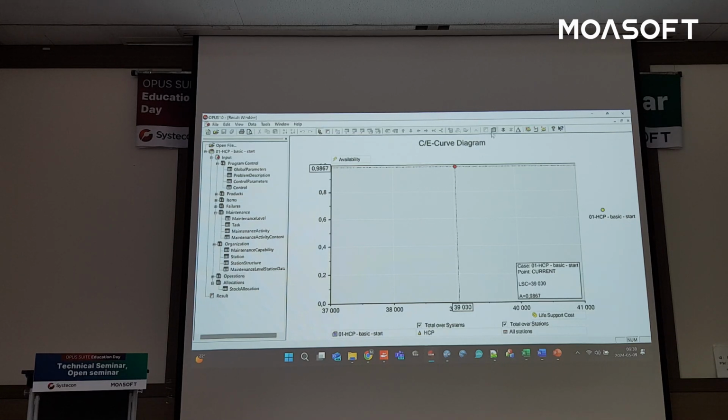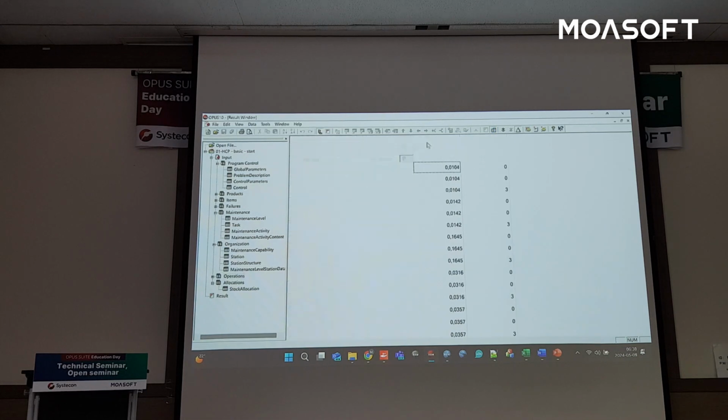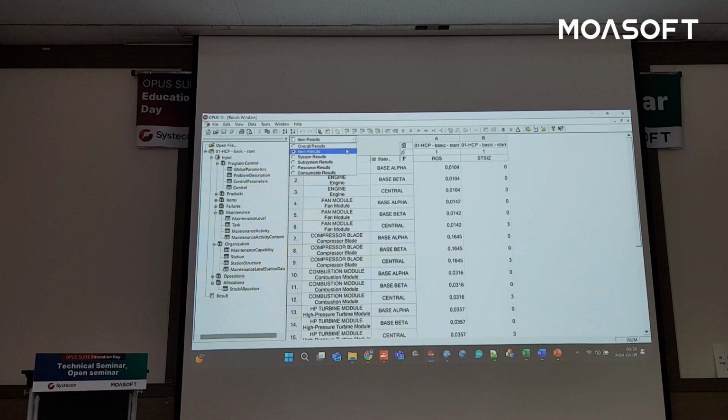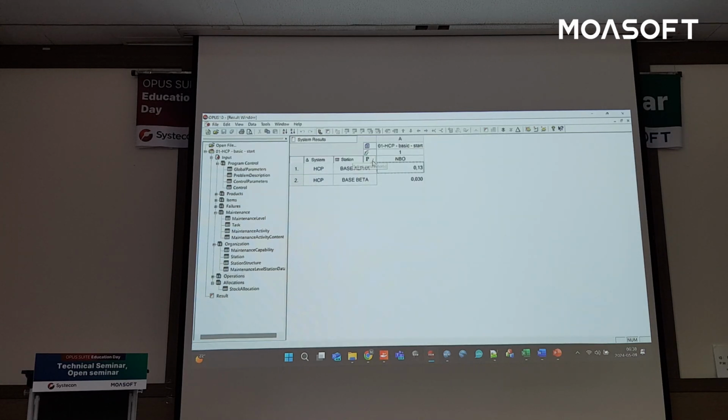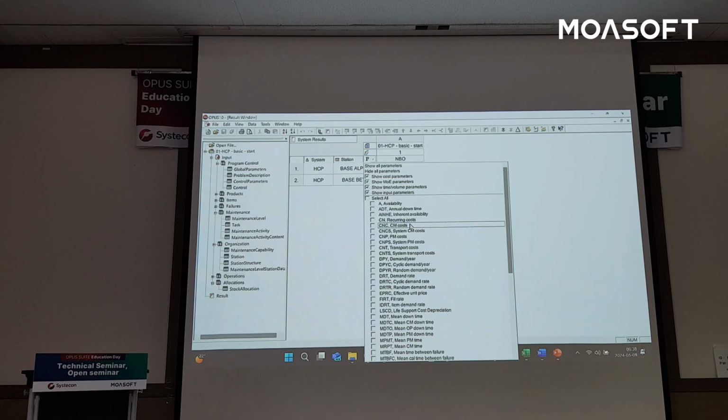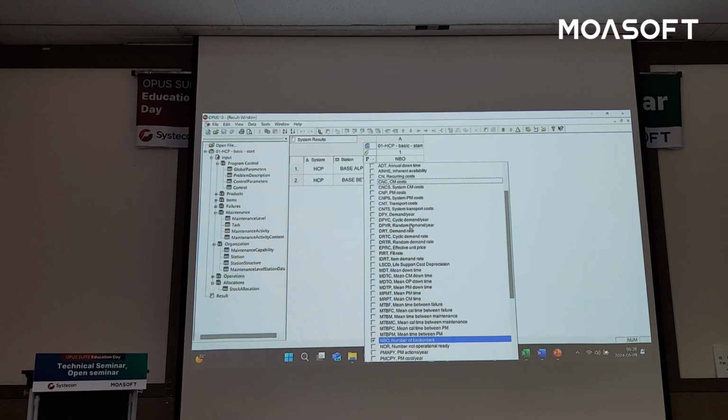So there is something called a result table. This is a result graph. It's the cost effectiveness graph. But we can also look in a result table here. So if I go there, and I'm just going to select some system results, and then I can also go and look at, let's see, scroll a little bit, this one. So I might want to look at the mean time between failure, for example,